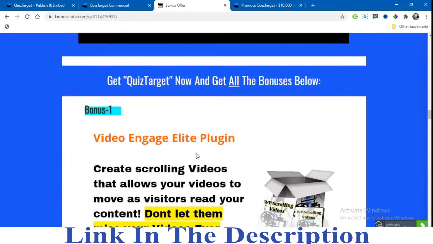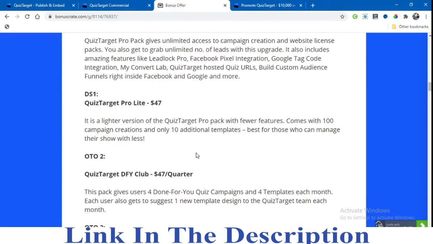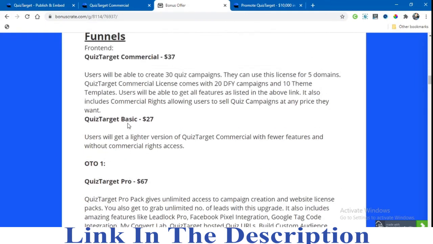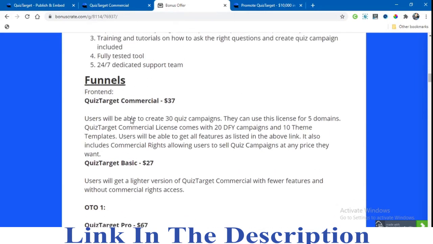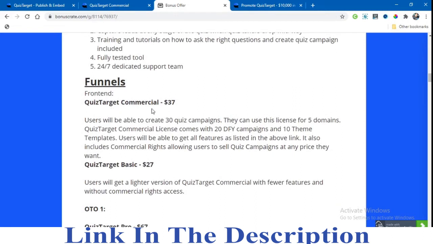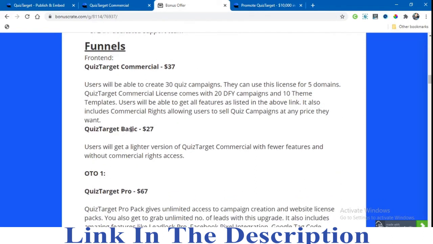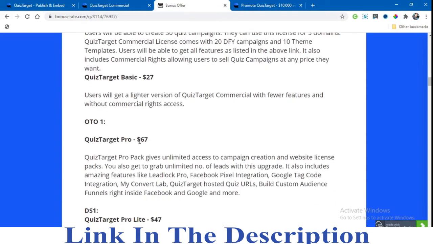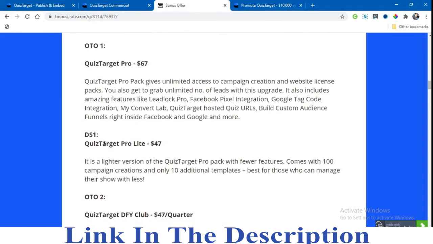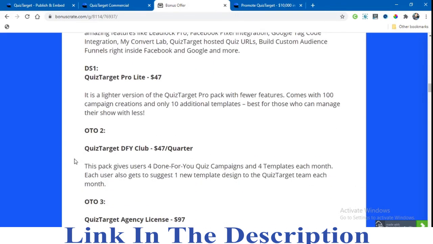Okay, next I will show you the funnels. There are two types of funnels. One is the Quiz Target commercial funnel, which is $37. Next is Quiz Target basic, which is $27. Next is OTO1 Quiz Target Pro, which is $67. Next is Quiz Target Pro Lite, $47. Quiz Target DFY Club, $47 per quarter.